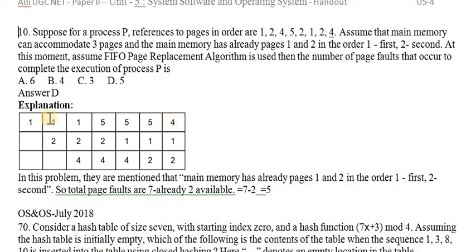So now if you are eliminating the placing of 1 and 2 as page faults, the page fault count is 5. If you want to count those as page faults, then so far it is 7, and you want to subtract 2, because we need not take into consideration 1 and 2 as page faults. So 7 minus 2, otherwise we can skip these two page faults. Starting from here, 1 2 3 4 5, 5 page faults there.